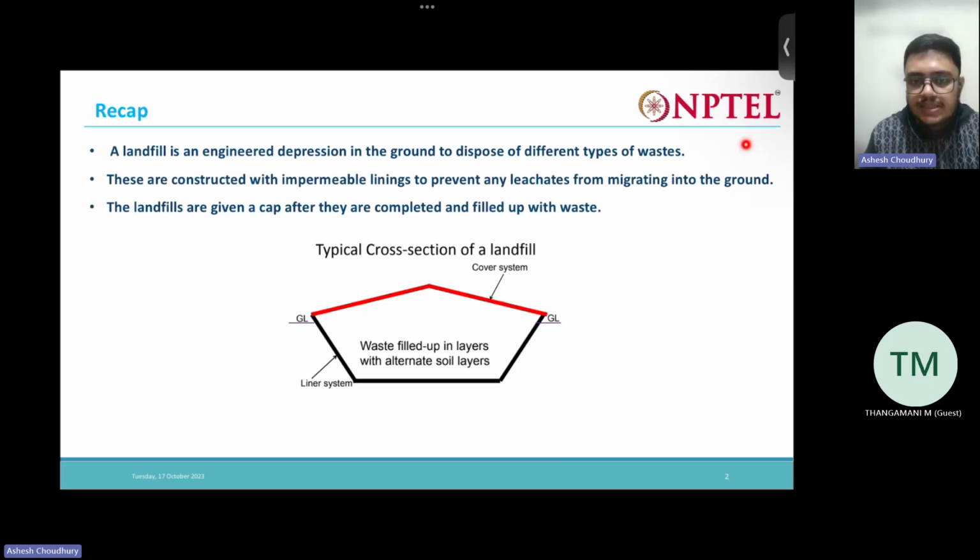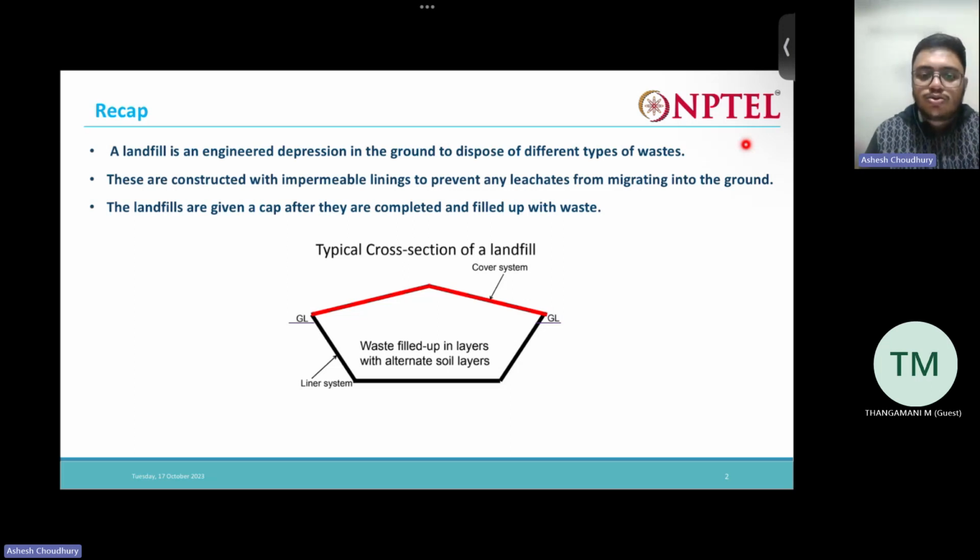These landfills are actually engineered, that is, they are constructed in a specific way with the help of a liner system. What the liner system does is that it prevents the leachate. What is leachate? Leachate is nothing but the liquid that is generated from the waste. The liner prevents that leachate from seeping into the ground. If that leachate actually seeps into the ground, it is going to ultimately disturb the